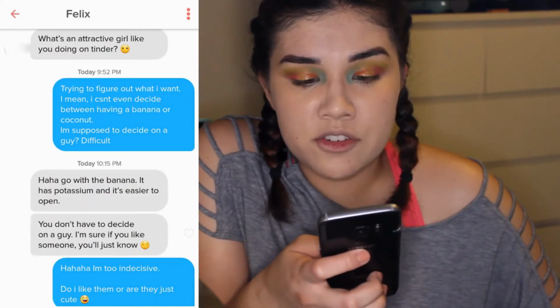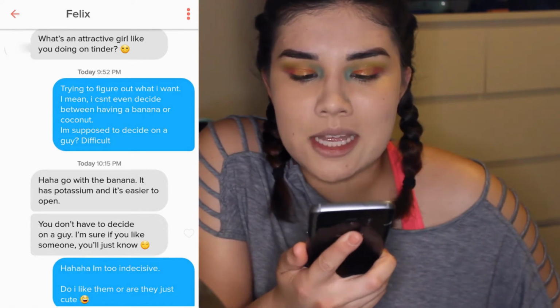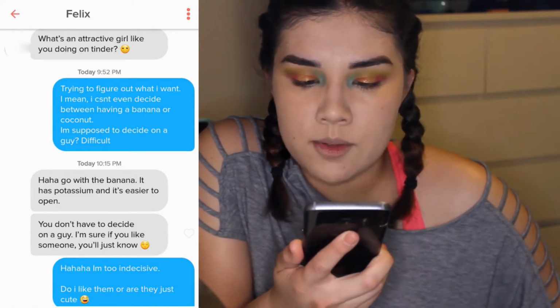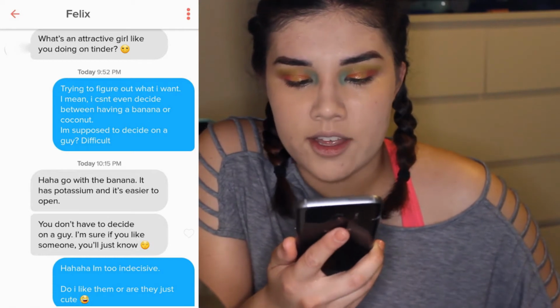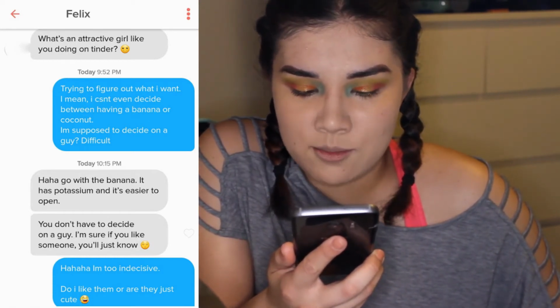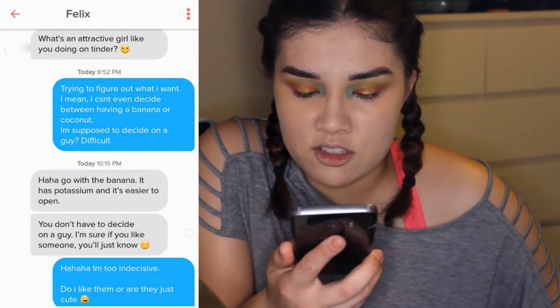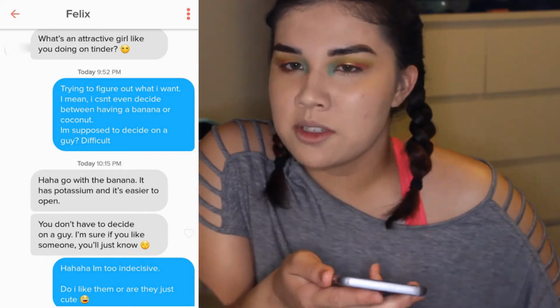Felix says, "What's an attractive girl like you doing on Tinder?" And I said, "Trying to figure out what I want. I mean, I can't even decide between having a banana or coconut. I'm supposed to decide on a guy? Difficult." And he says, "Ha, I go with banana. It has potassium and easier to open. You don't have to decide on a guy. I'm sure if you like someone, you'll just know." And I said, "I'm too indecisive. Do I like them, or are they just cute?" So we're just gonna take...